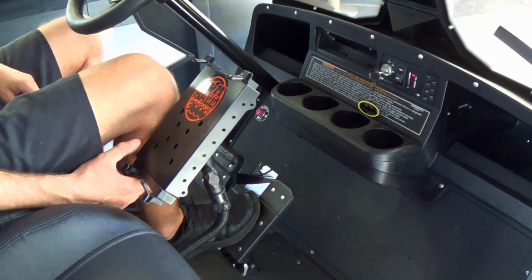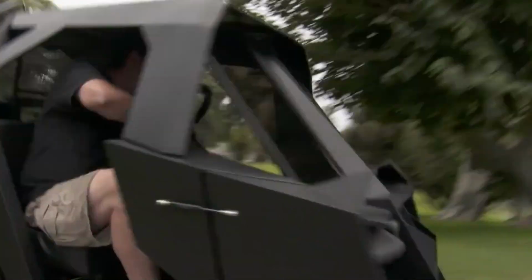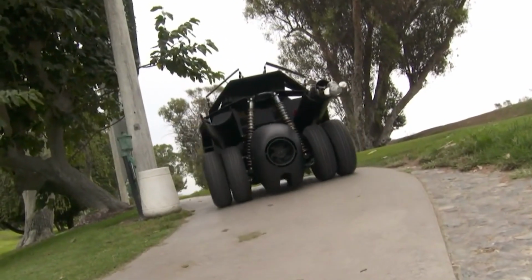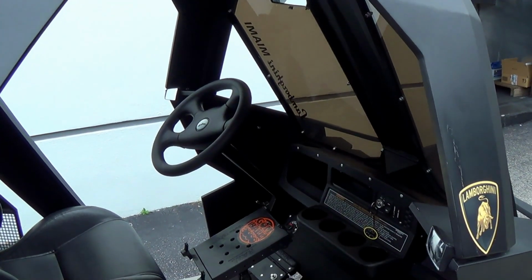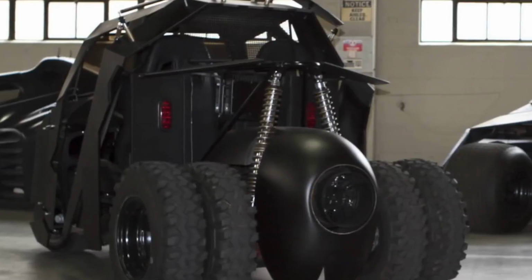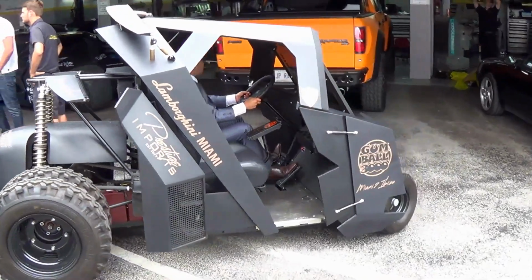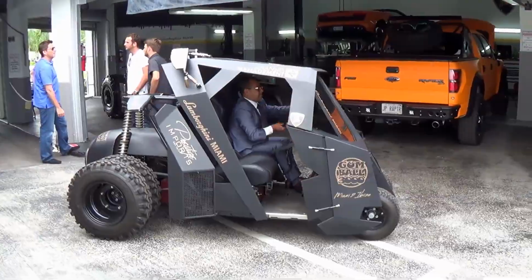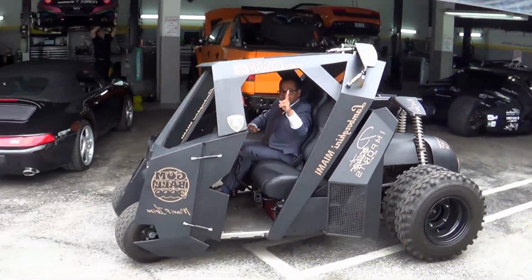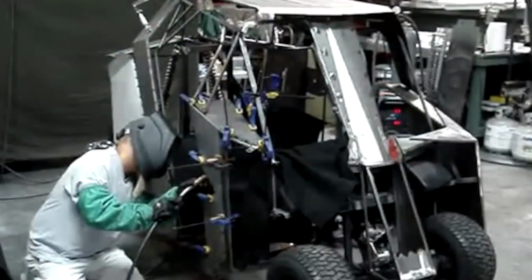The cart is equipped with 6 golf-friendly tires, with the smaller ones in the front. It produces 6 horsepower and can reach speeds of up to 38 miles per hour when necessary. The Tumblr cart also includes rear disc brakes and a 4-link rear suspension. It's of course an operational golf cart with 2 club holders in the back. Its all-black color scheme will make you feel like the caped crusader himself. It has leather seats that can be adjusted, cup holders, an iPad stand, and lights. It's currently on the market for